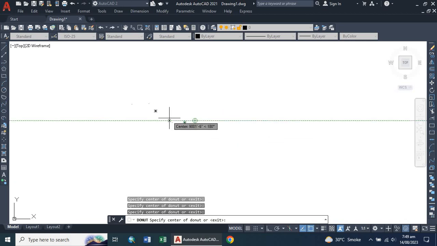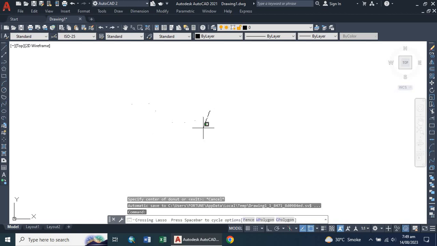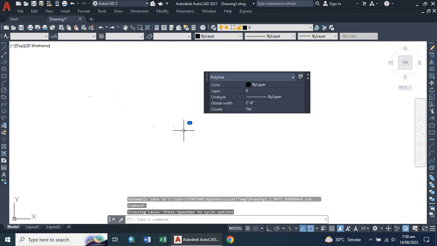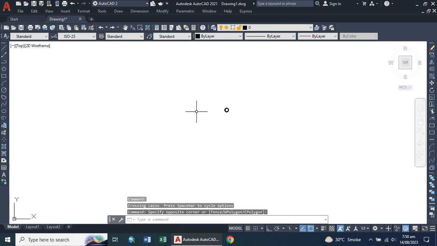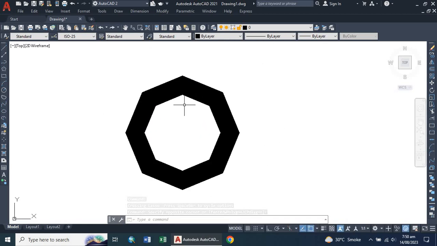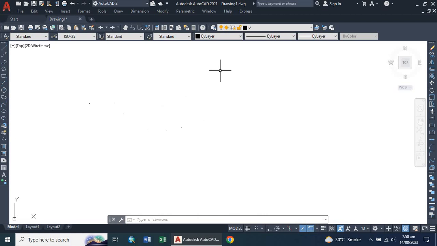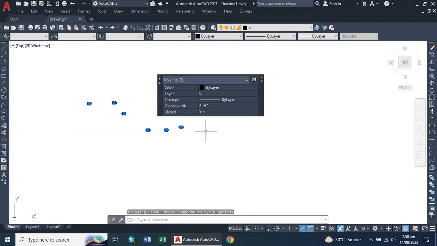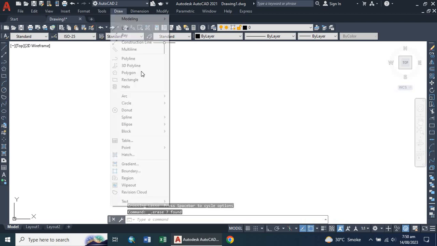Actually, when we have selected like that, it is a very small object. It is not that visible. If I zoom in a little bit, as you can see here, this is our donut command. But for the time being, I am deleting this object, and I am going again with donut,